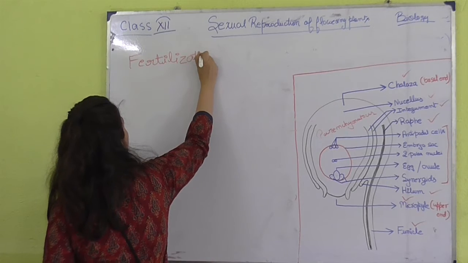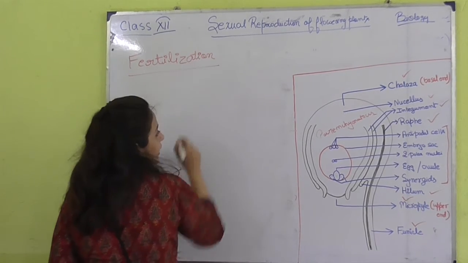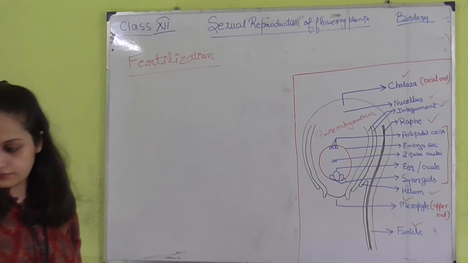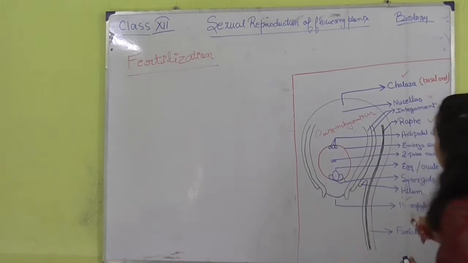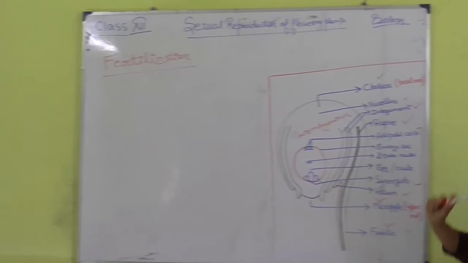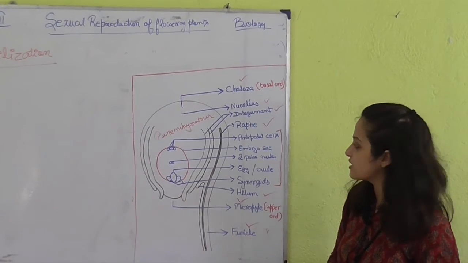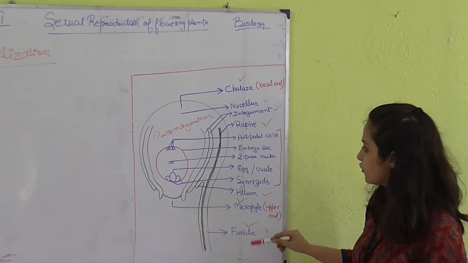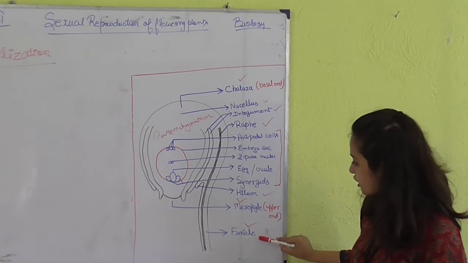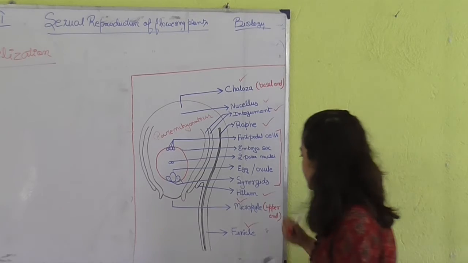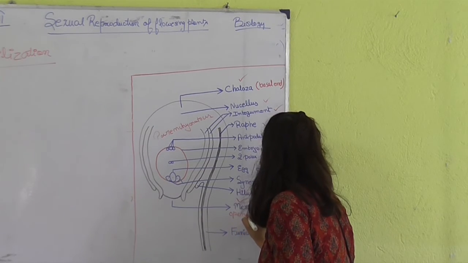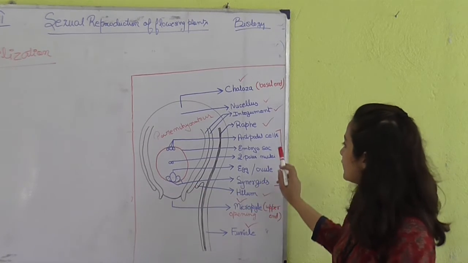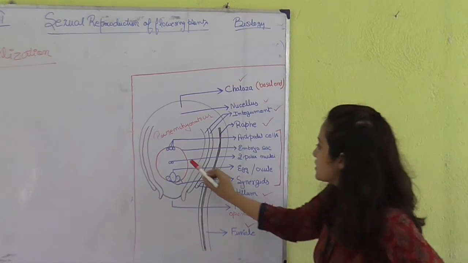Before we start this topic, fertilization, let us revise what we have studied till now. We have studied the chalaza end, the nucellus, and the integuments. As you can see, the coverings, we have studied the raphe, the attachment, the extended part of the funicle. We have seen the stalk, that is the funicle, the micropylar end, that is the opening end. We have seen the hilum, then now this total part. So this is the embryo sac.